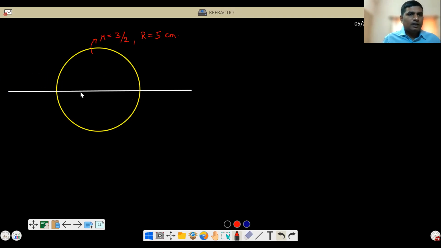Same data. Okay. Now previously we placed the object here. Correct or not? We placed the object here, and we are seeing from this side. And the question is, where will the final image be formed? Okay. So now everything is same. Now we'll shift the object. Suppose, let us say, if I shift this object just 1 centimeter behind. So that means right now the object is here. So at a distance of 1 centimeter from here.